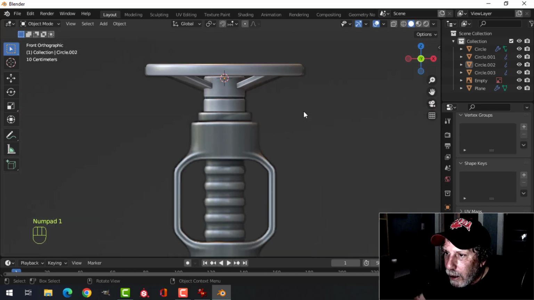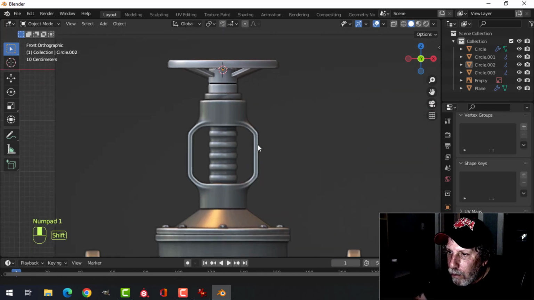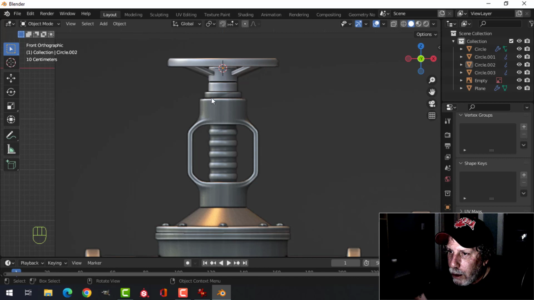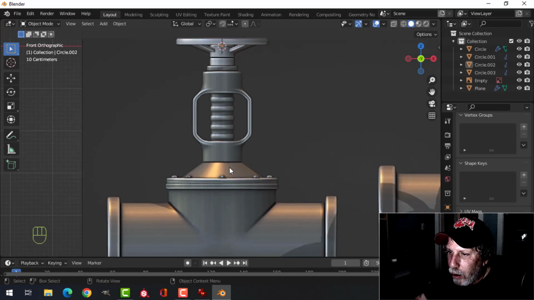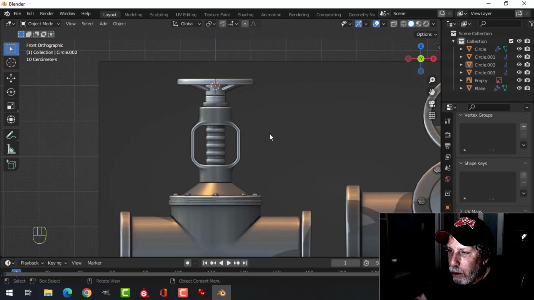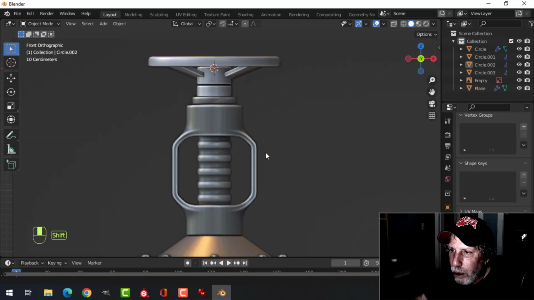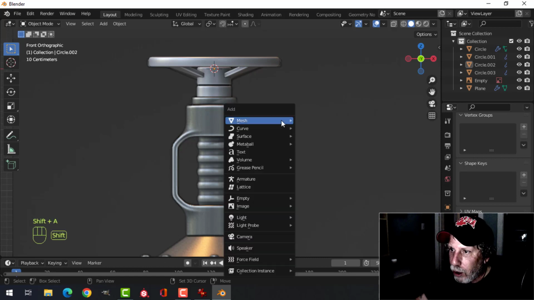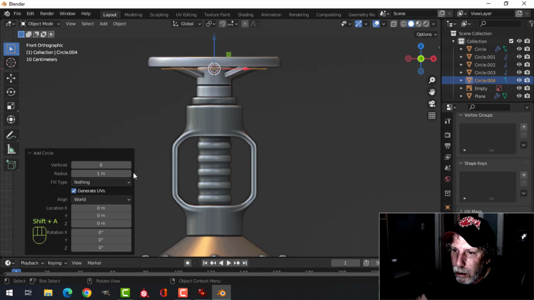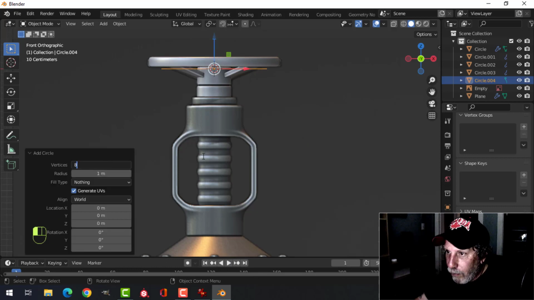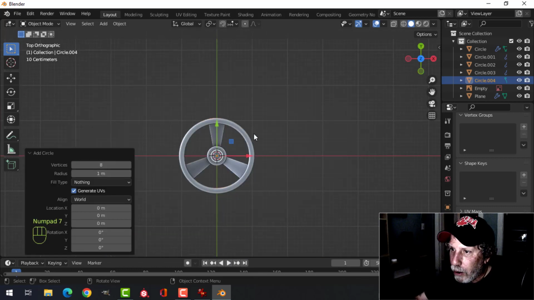Okay, and here we are. So this thing is all one piece, comes up to there, and it goes down to there. And actually I built this off of this, so we're going to build that now. So the way I'm going to do that is I'll leave my 3D cursor there, that's fine. Shift A, mesh, circle. I'm going to go for 8 vertices. So look from the top,